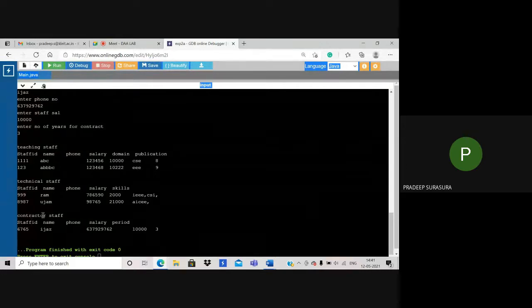Then contract information: staff ID, name, phone number, salary, period of contract. So this is all the information about the first program.